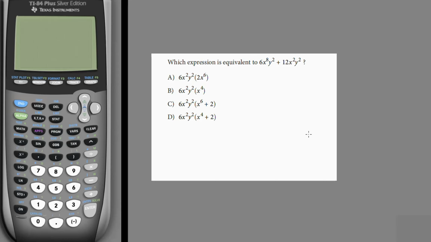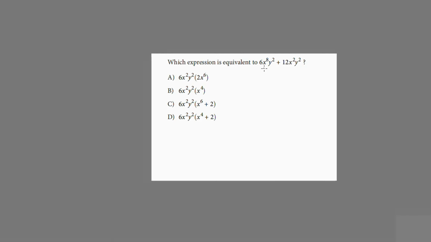Now let me show you how you can do this manually and verify the answer with the calculator, right? So this is the question. If you are factorizing what you have here, we are going to have 6xy, okay, 6x squared y squared in brackets. So what we're going to have here now would be